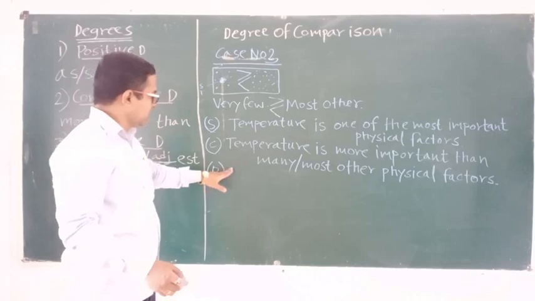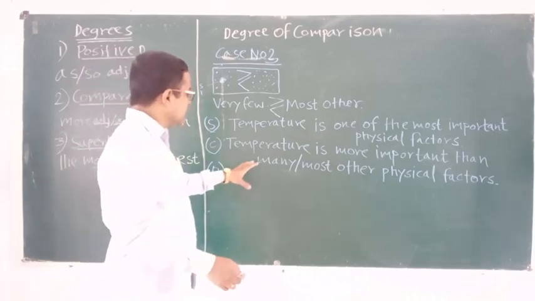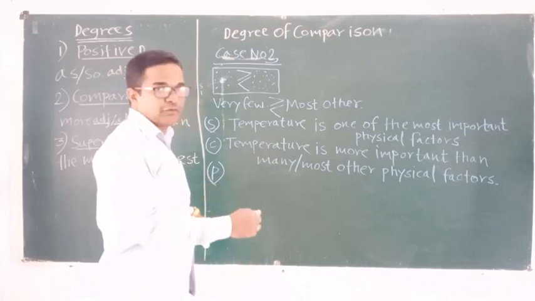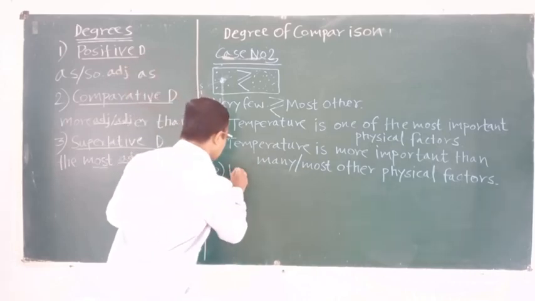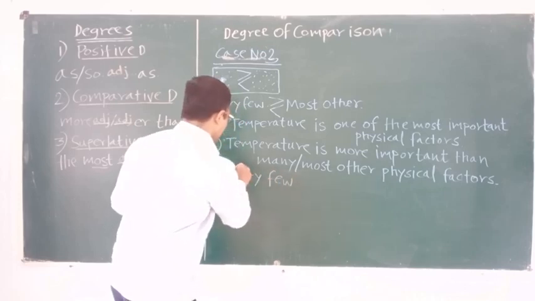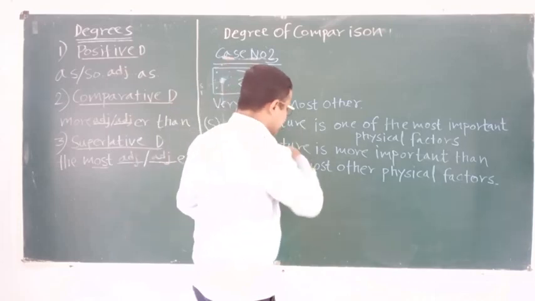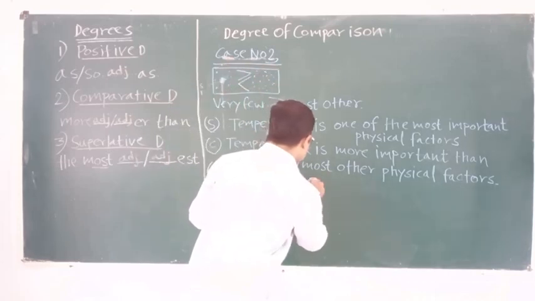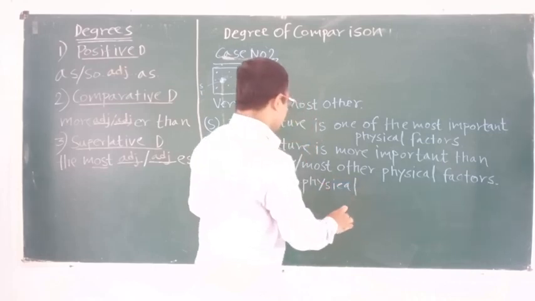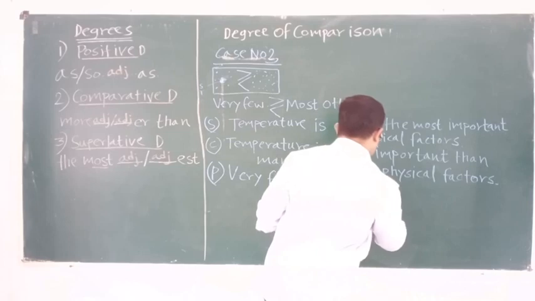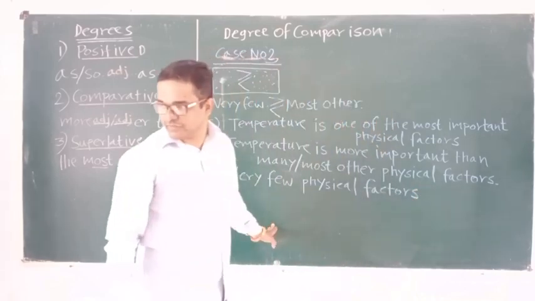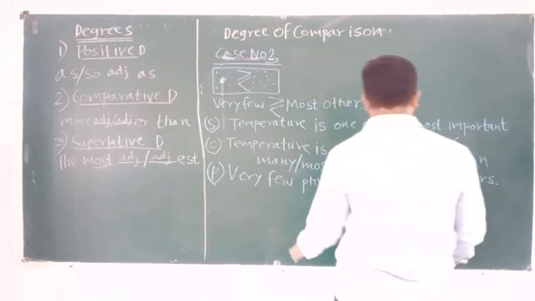So while writing the positive degree, we have to use very few in the beginning. Very few physical factors are